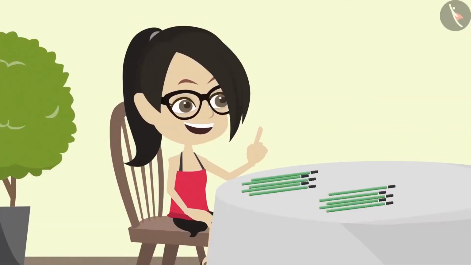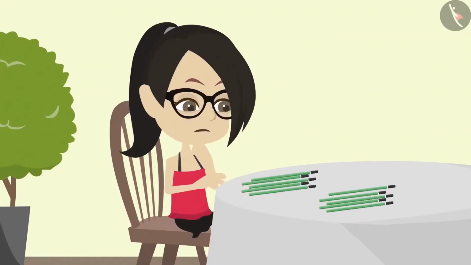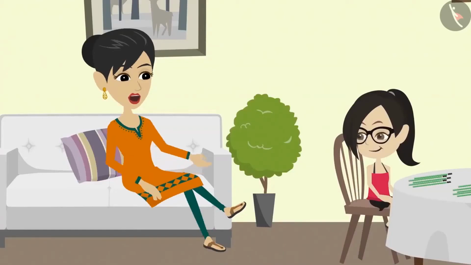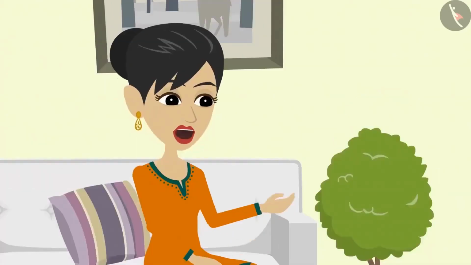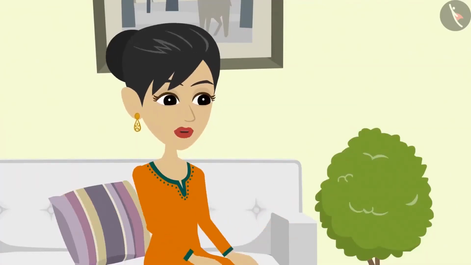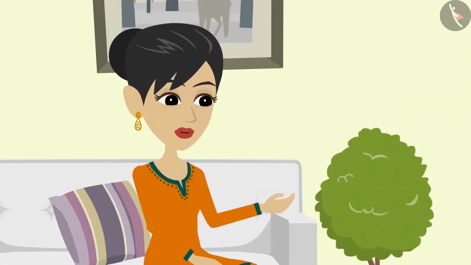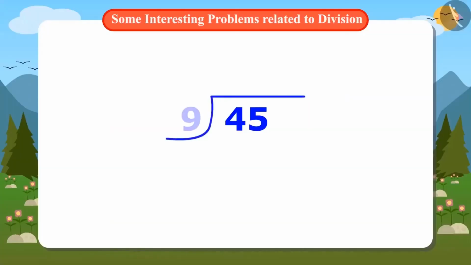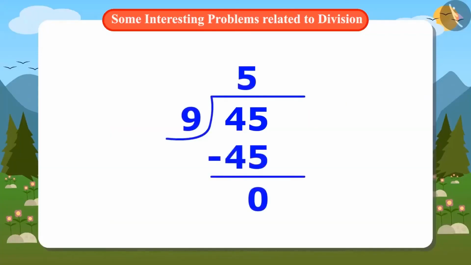Vandana has understood that she can divide and distribute things. But she still does not understand one thing. Mummy, when you can equally distribute the pencils one by one, then what is the need to divide it? For that, I will ask you a question. If you have 45 pencils and you are asked to divide them into 9 parts, which method will be easier? Method by equally distributing the pencils, or else dividing 45 by 9, tell me.